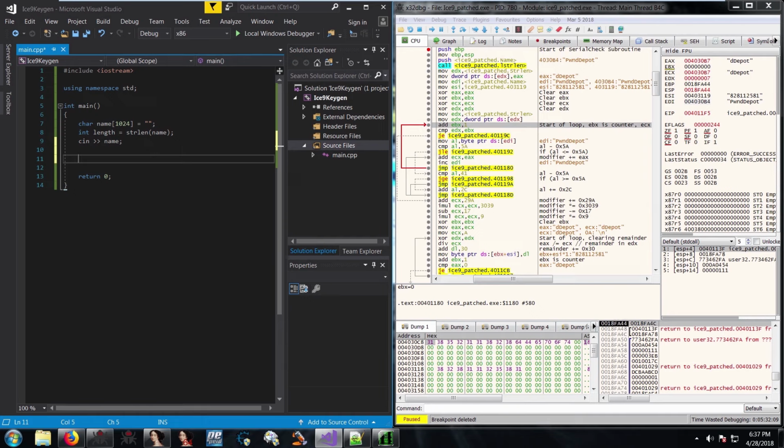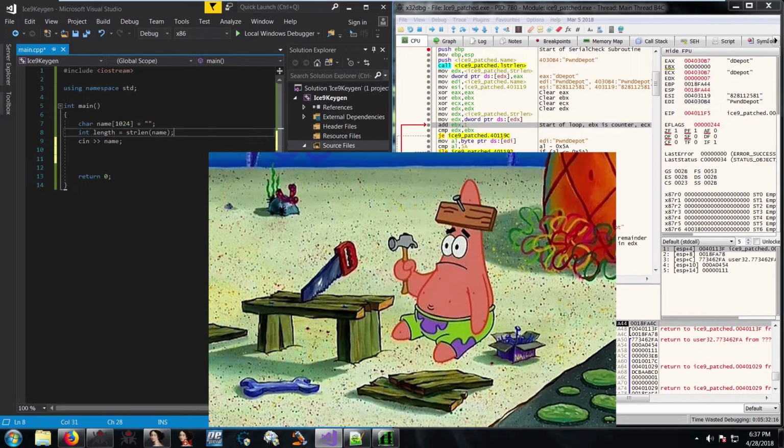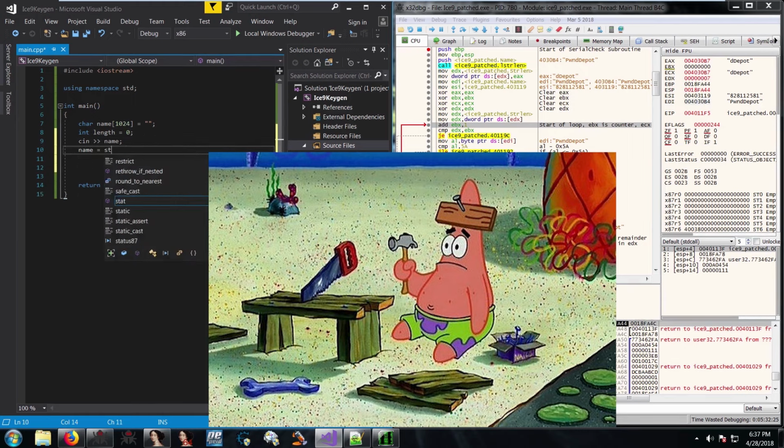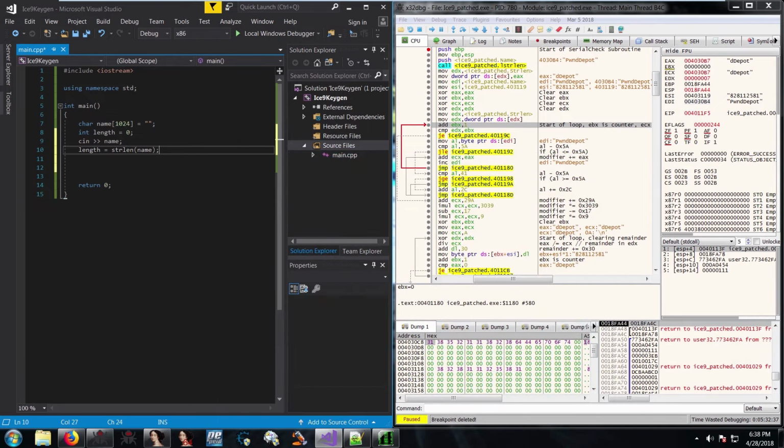Alright. And after it gets the length, oh wait, we'll initialize it to 0 and then get the string length. Brain is half working right now. Okay. So then